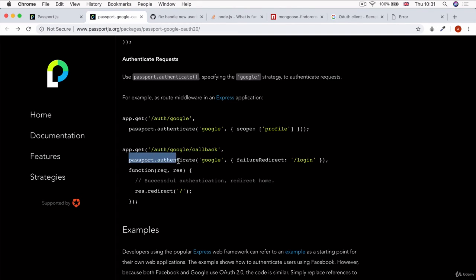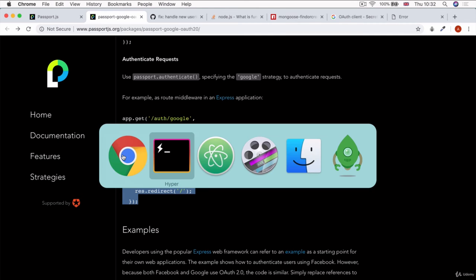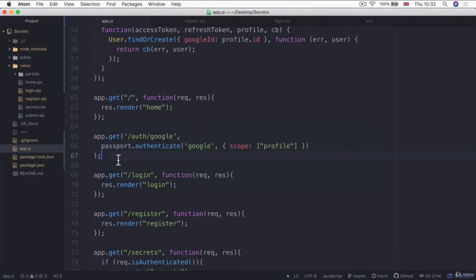And then we're going to authenticate the user locally, and if there were any problems, we're going to send them back to the login page again. But if there were no problems, then we can redirect them to the secrets page or any other sort of privileged page. So let's go ahead and copy all of this and paste it into our app.js right below the